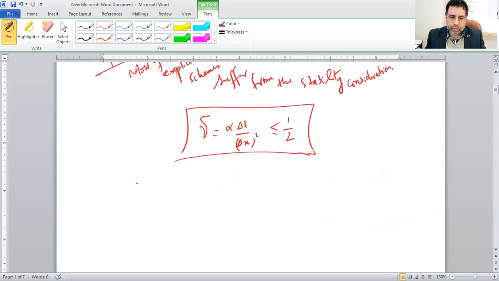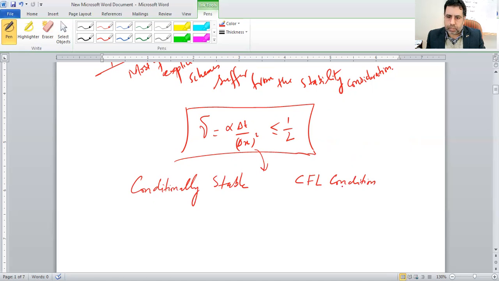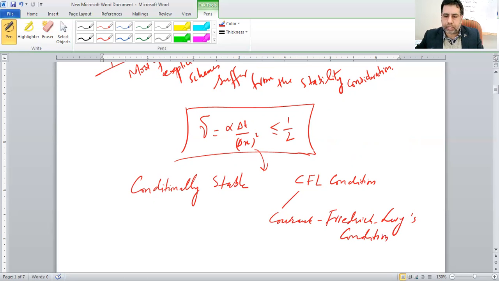So this scheme is conditionally stable because this is the condition for stability. This is also known as the CFL condition, named after Courant, Friedrichs, Lewy. So explicit schemes need to satisfy this CFL condition